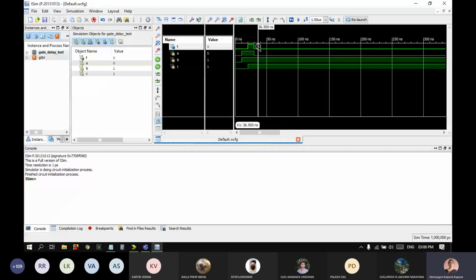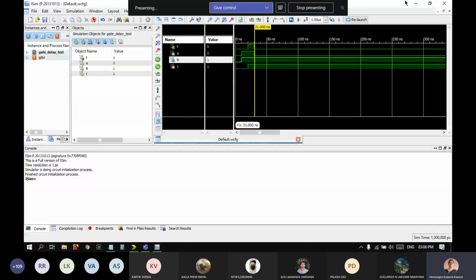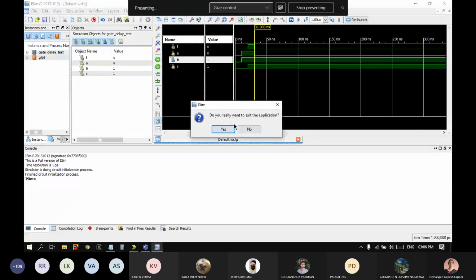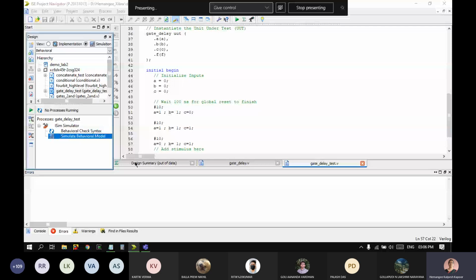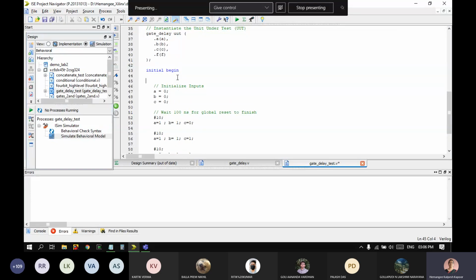Okay, so straightforward. Now I want to give you a flavor of adding control to this. So I'll close this file and go again to the test bench. There's an initial begin here. In this place, I want to see how the changes are happening with time. There is a command called monitor. So you have to write $monitor. It's like a printf statement in C, but it is going to tell you what happens at which time instance.